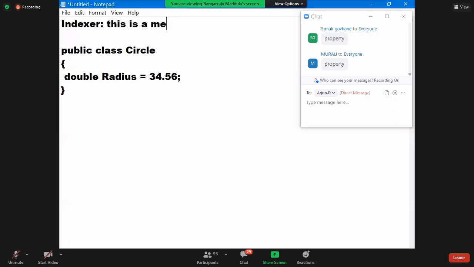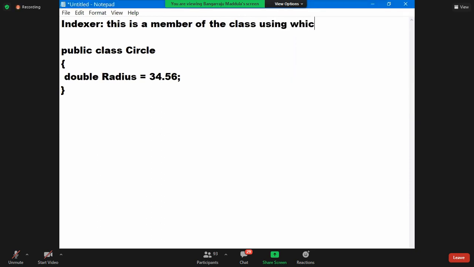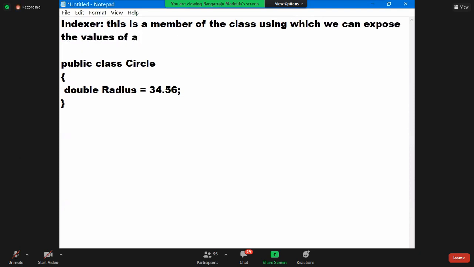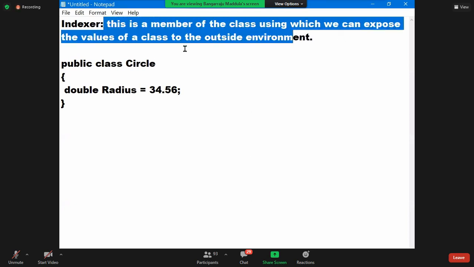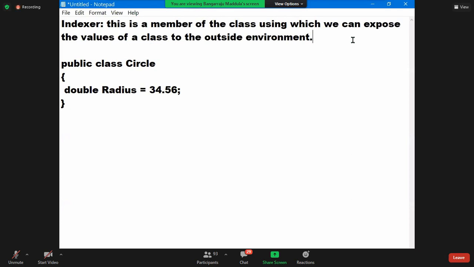This is a member of the class using which we can expose the values of a class to the outside environment.